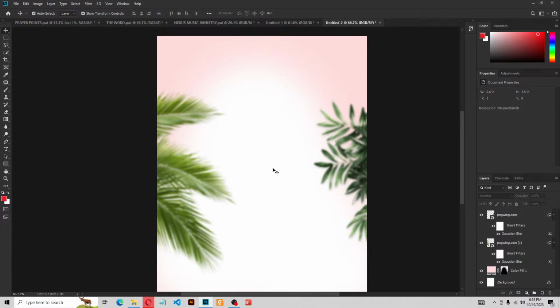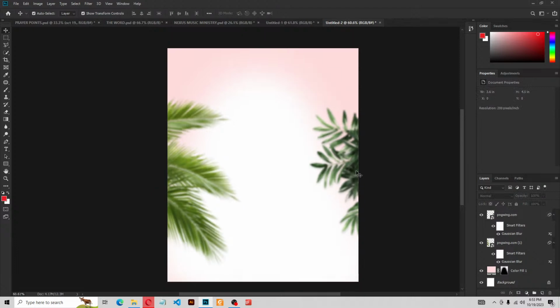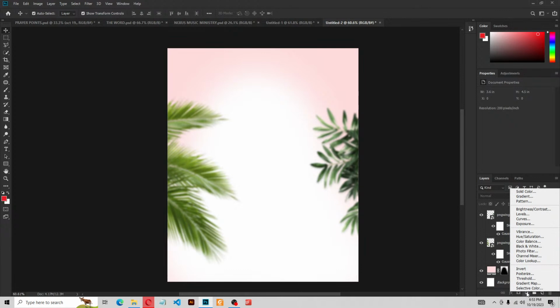Now I want to make sure that my background is uniform. I don't want multicolors on my background. So this is what I'm going to do. I'm going to go down to the half filled circle at the bottom of the layers. So you click on it, you will see from the list